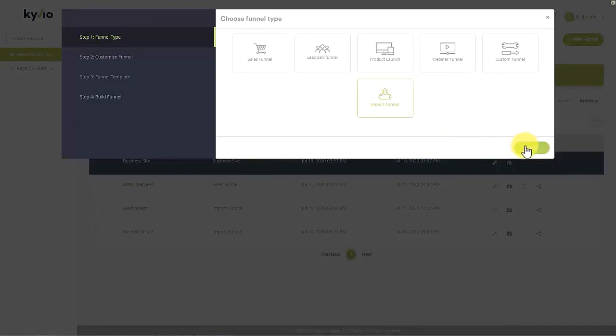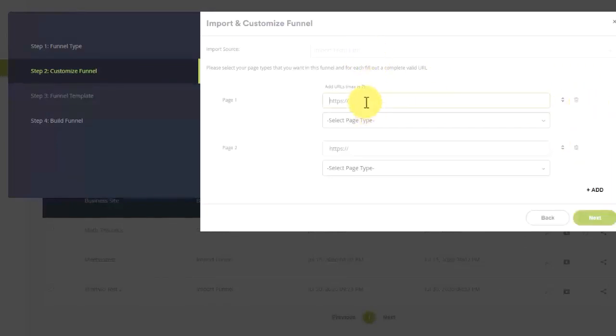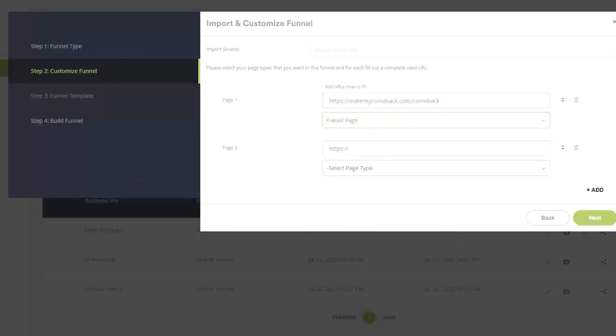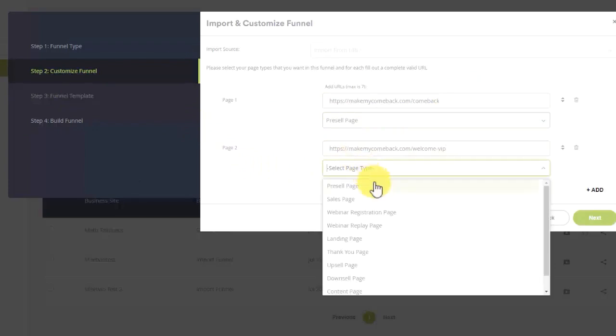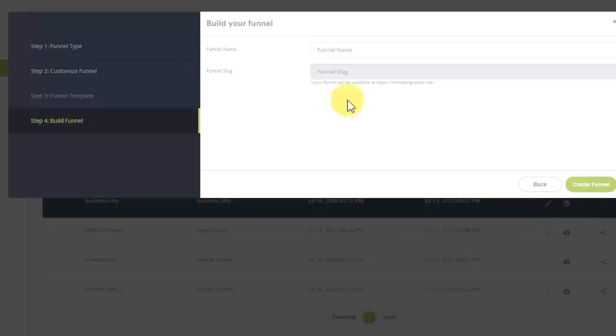I'm going to click on Import Funnel, and let's go ahead and add a few other URLs as well. Let's go ahead and add this URL. That's not the one. Okay, so this is the first one, which is going to be the pre-sale page. It's his opt-in page, and then this is going to be his welcome page. So this is going to be the thank you page, just as important for classification. I'm going to click next and call this